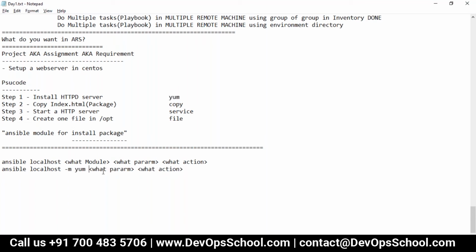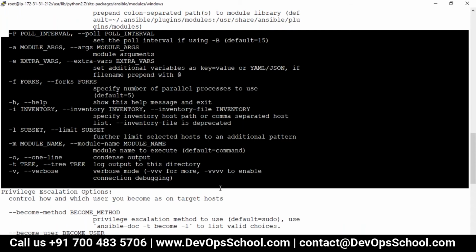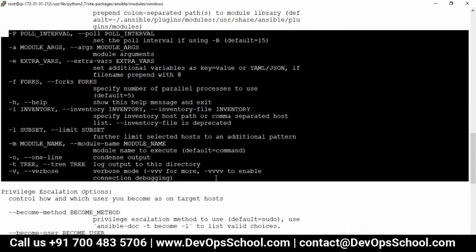Guys, now what parameter, but how to pass the parameter, I don't know. So guys, can you tell me how to pass the arguments or parameters of the module? How to pass -a? Wonderful.